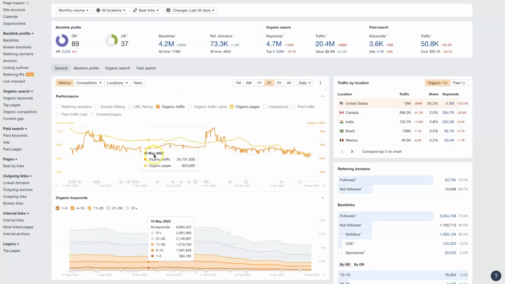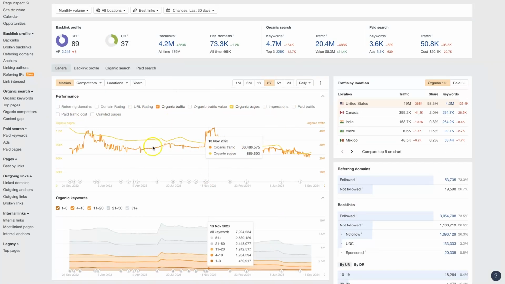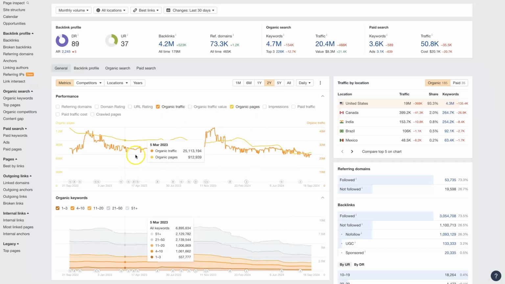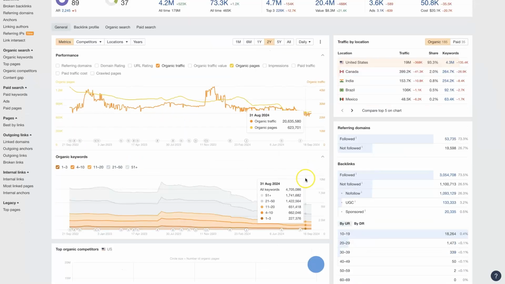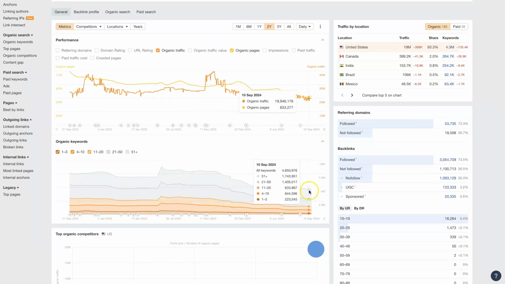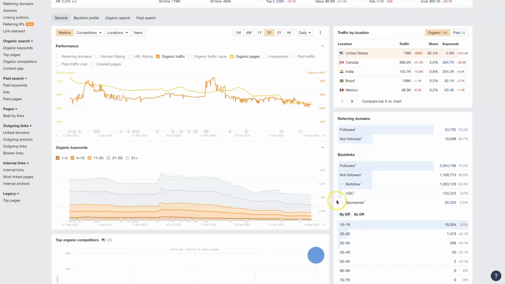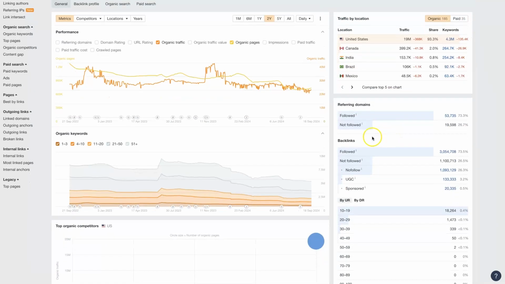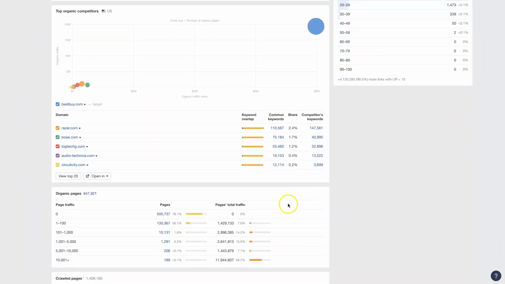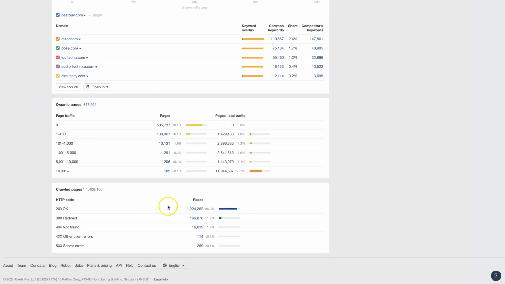It's going to break things down in these graphs where we can see basically anything we want to see over time, whether that's the organic pages that they have ranking and their organic traffic. We can see their organic keyword count, so like how many keywords they're ranking for in the top 1 to 3 spots versus 4 through 10, etc., etc. We can see where they're getting their traffic from, referring domains, backlinks, tons of information like competitors, further breakdown of